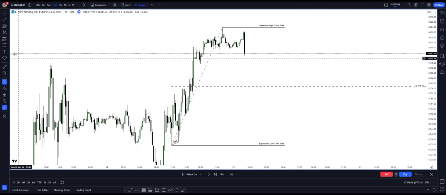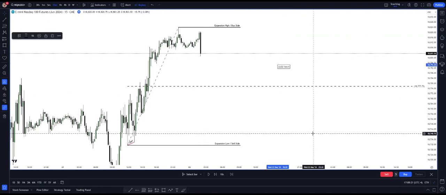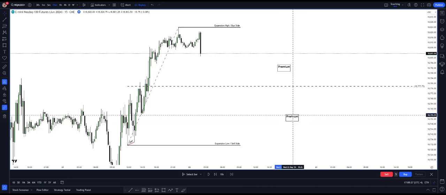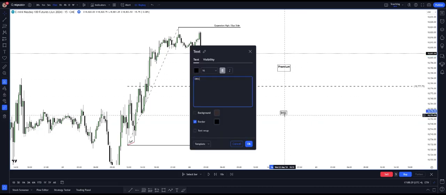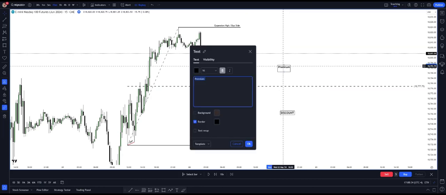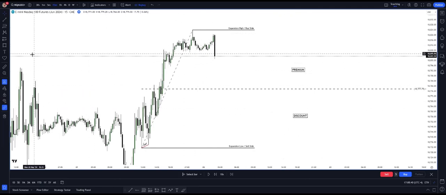So by drawing the framework, it allows us to find the premium, or see the premium and the discount. Discount is below range EQ. This becomes the discount. Now, you guys already know this. Once market starts or forms their smart money reversal at this point like that,